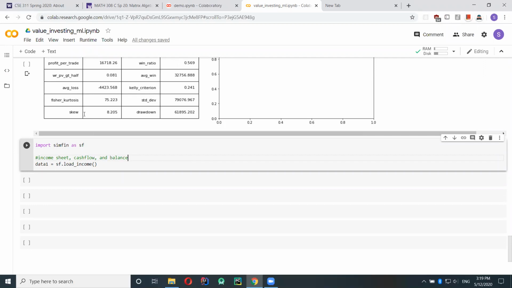Income is basically earnings and stuff like depreciation, basically revenue minus costs, and a bunch of other things. And then there's also cash flow, which is very similar to income.